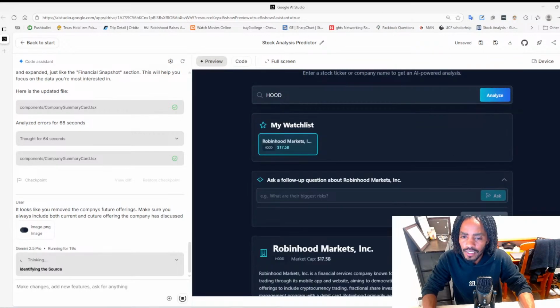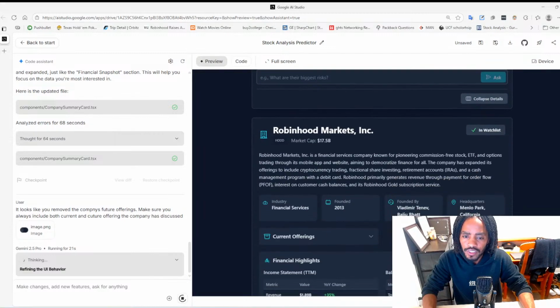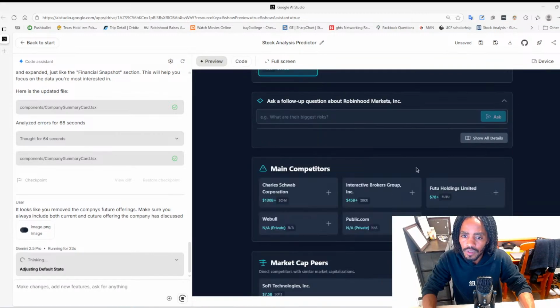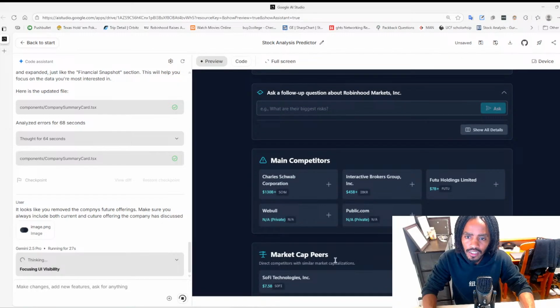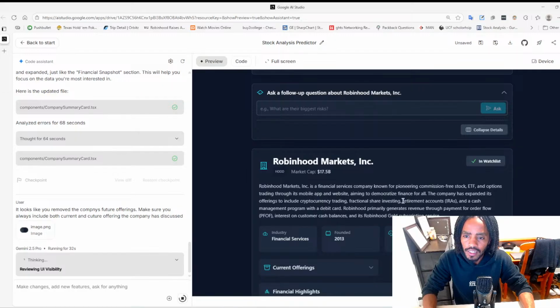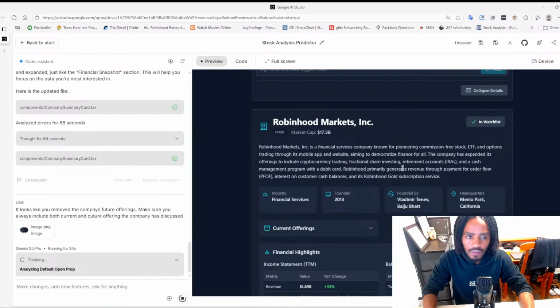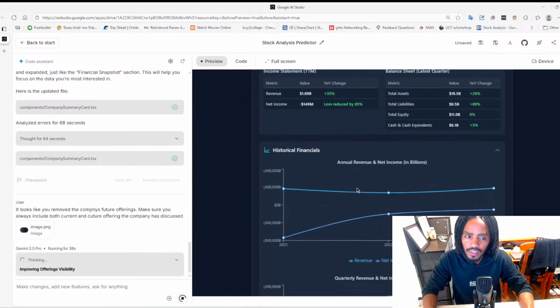So yes, I did add this feature. If I'm not interested in this information, I can just collapse all of it, and then that would just give me the competition. I can uncollapse it, then it'll show me like this. So something I kind of want to add is